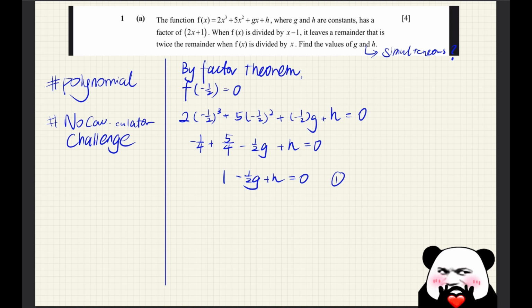Right, when we move on to the next part of the question, when f(x) is divided by x minus 1, it leaves a remainder, and this word rings a bell. What bell is it? It is testing us on the knowledge of remainder theorem. Remainder theorem, we learned that when f(x) is divided by a particular value, f(x) equals the remainder. For instance, in this case, by remainder theorem,